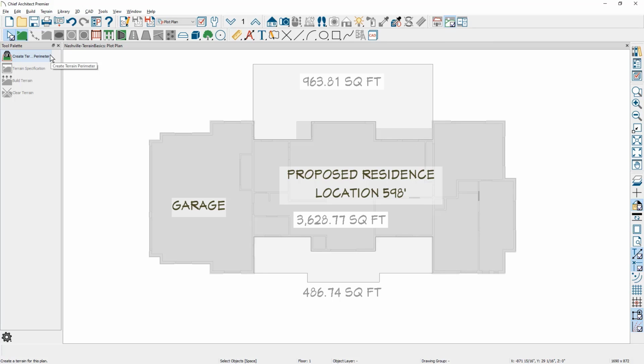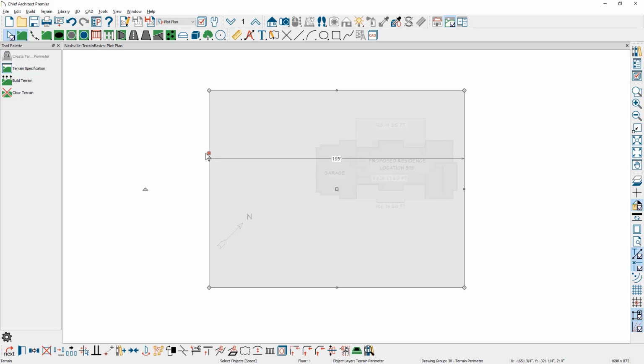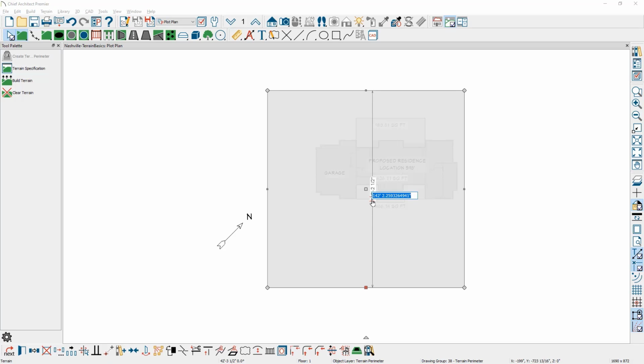With the terrain toolbar configuration, I'm going to come over, and the first thing I'm going to do is create the terrain perimeter. As I zoom out and fill the screen, you can see the rectangular box that was created for the terrain perimeter. This is a polyline in Chief Architect. You can click on this. You can easily resize this to any dimension. You can also use the temporary dimensions that are displayed, click on the dimension, and type in an exact number